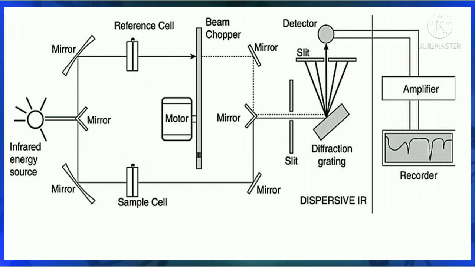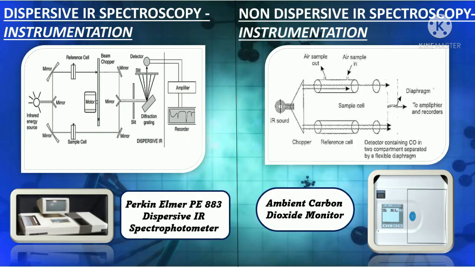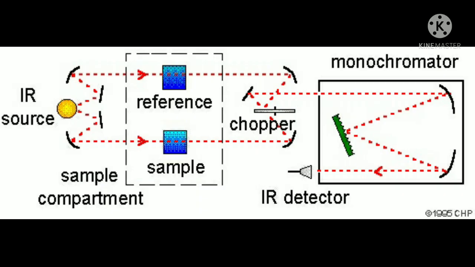So, sandwich technique. Now then there is the gas sampling technique where gas cells are used, which are generally of 10 centimeter and made up of NaCl. Then there comes the solution sampling technique where a limited number of solvents are used, unlike UV. Here limited solvents are used like chloroform, carbon tetrachloride, and CS2, that is carbon disulfide. Well, one thing we need to keep in mind in the entire sampling technique is that never ever use water here. Why? As water will itself absorb IR radiation.